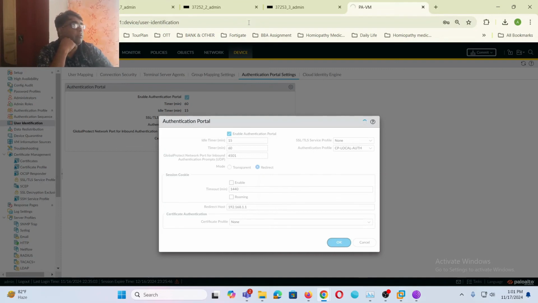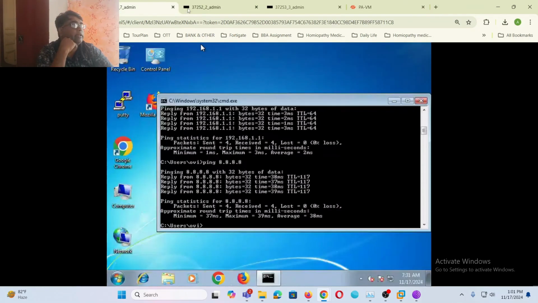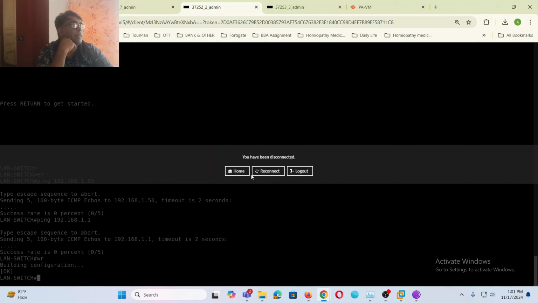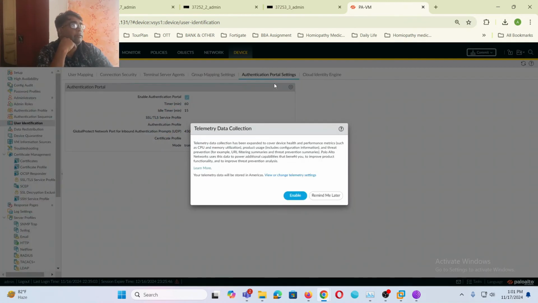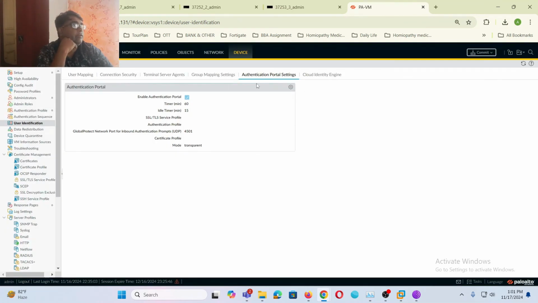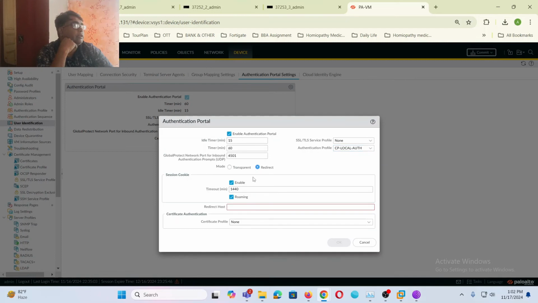Just type again. Sometimes it will happen. It is stuck, so we need to refresh this connection. So yeah, now you can go to the authentication profile, then enable the security portal, then transmission, then you can disable that, and then